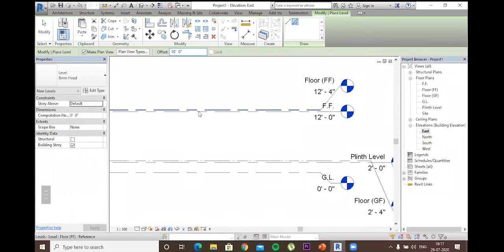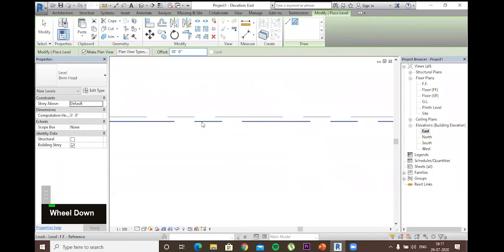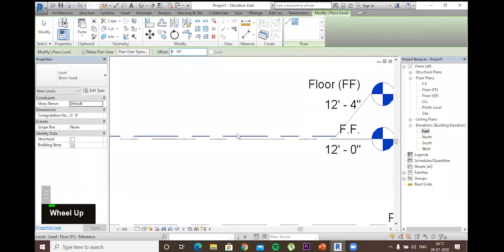Okay, since the line is very close, we'll do one thing, we'll make it 9 feet 10 inches, which will be same from the floor level of first floor.